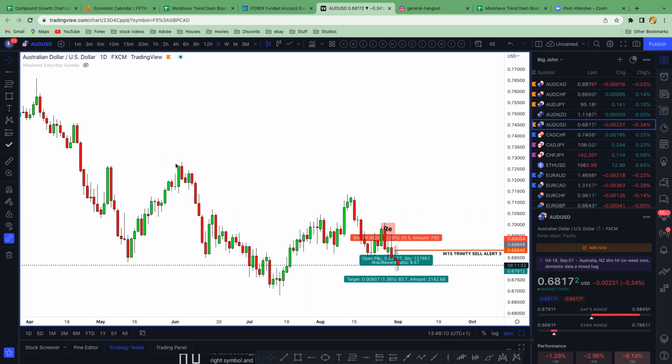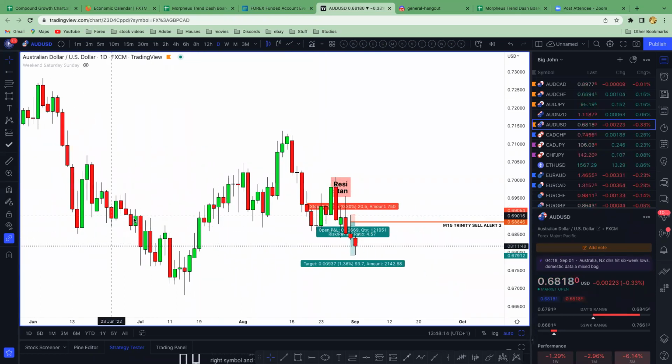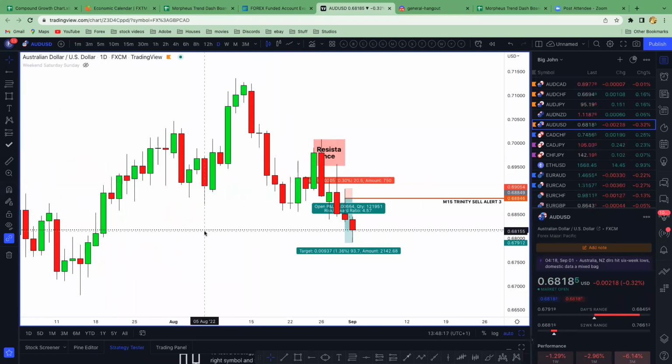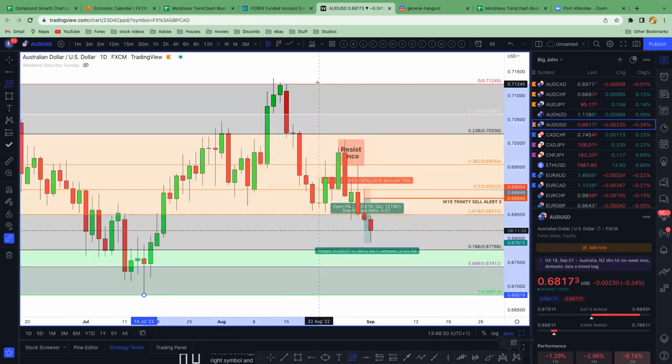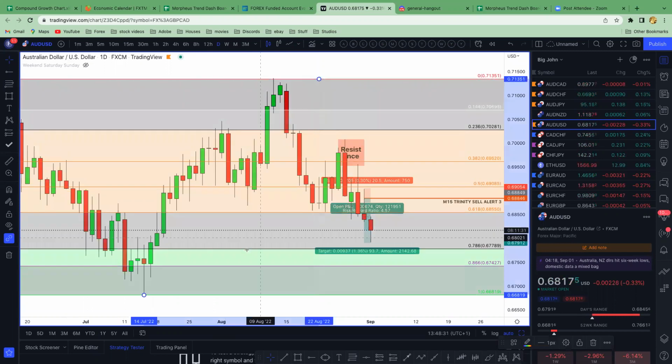Yeah, when it comes to Trinity alerts, I did explain to people a good few times that you're better off making sure you get all your key levels. What people tend to do, I know you do scalp a lot, but the market always does work best when it gets to strong key levels. So what I do tell people to do is draw your Fibonacci from your swing high to your swing low. And then you can see all the key levels previously in the market.